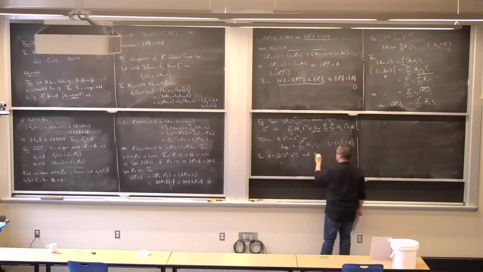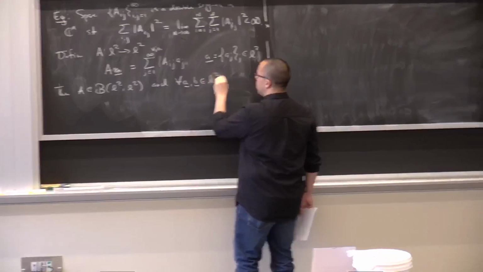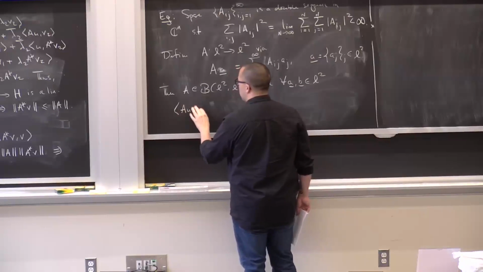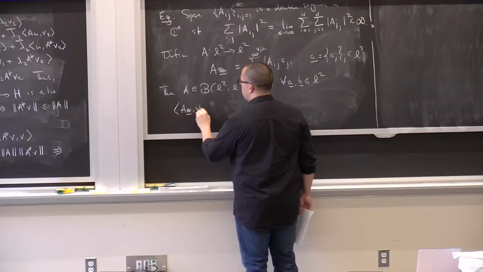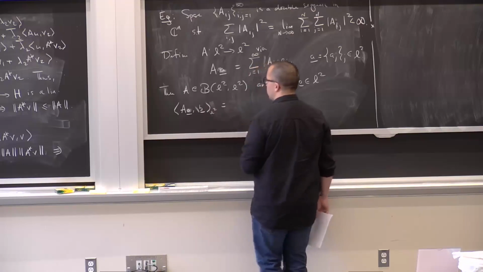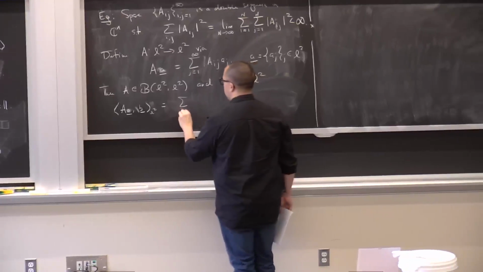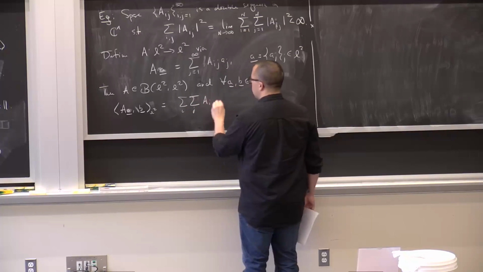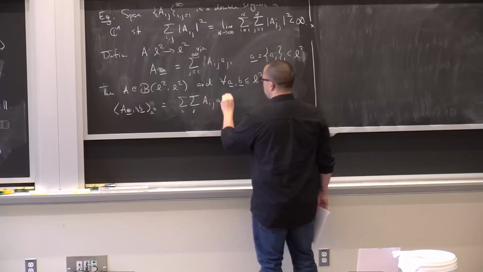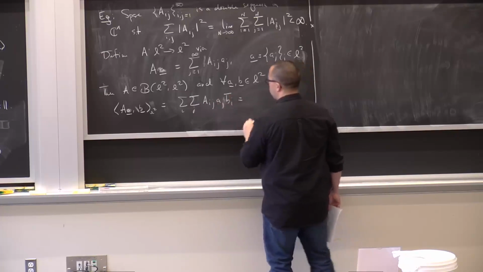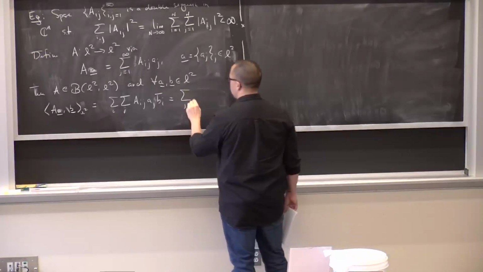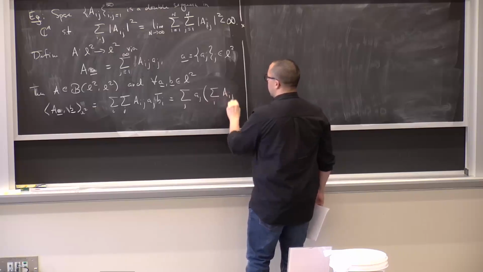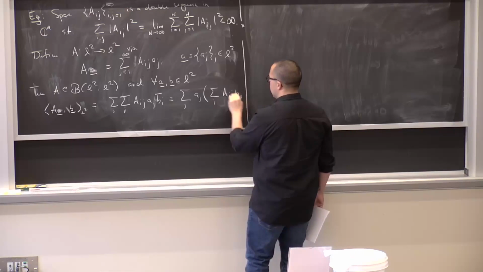For all A, B in little l2, if I take the inner product of A applied to U, A, B, and little l2, this is equal to the sum over i, j — the same proof applies, essentially — of A_ij, U_j, B_i complex conjugate, which is equal to the sum over j of U_j, sum over i, A_ij, B_i complex conjugate,